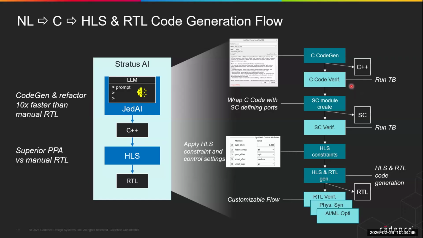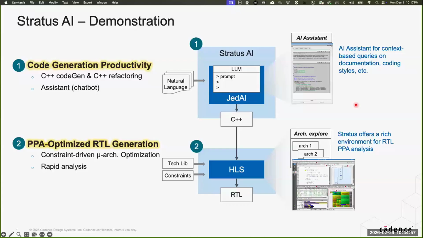So our first version was really focused on the C++ code generation for the high-level synthesis market. And many of these tasks are not automated. So our next version will automate much of these things. And I'll talk about the differences between the two versions on some subsequent slides. But let me walk you through a demonstration of version 1. Again, this went into production in December of last year. But let me give you a feel for what this looks like if a user's going to